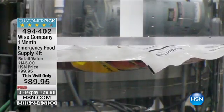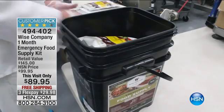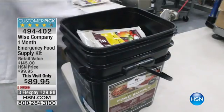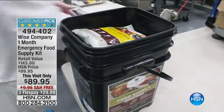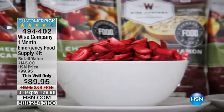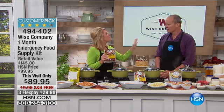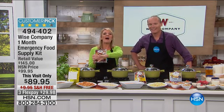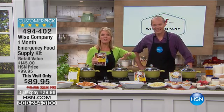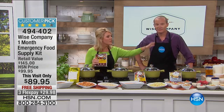But the state-of-the-art packaging is key because it protects the food against humidity and against oxygen. Those are things that make food go bad. So this package protects the food for up to 25 years. 25 years. So now we're talking, you have 6 entrees, you have 4 different types of breakfast cereals, you have